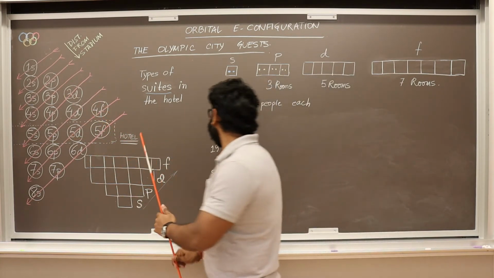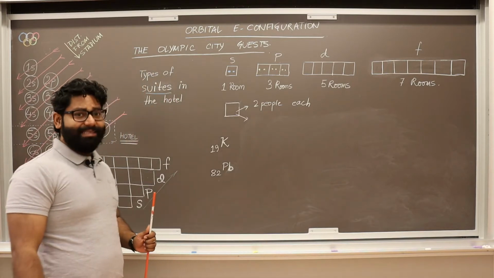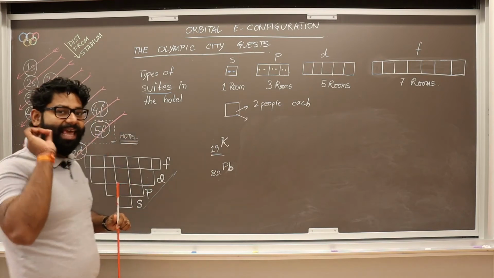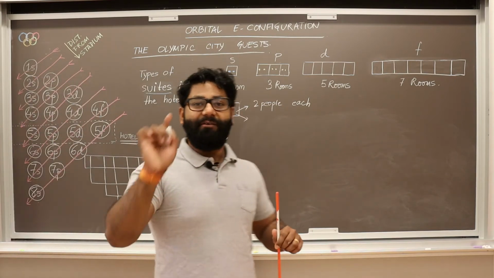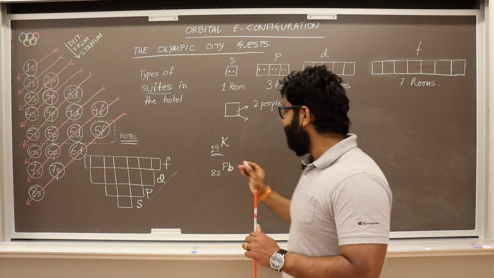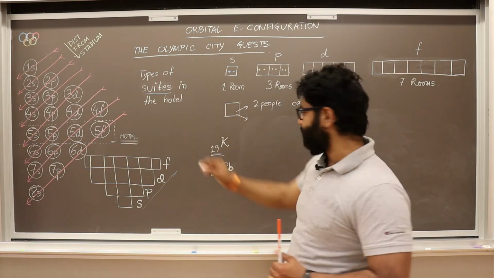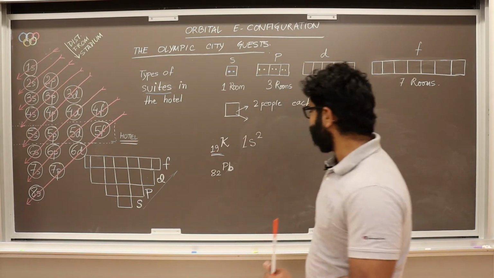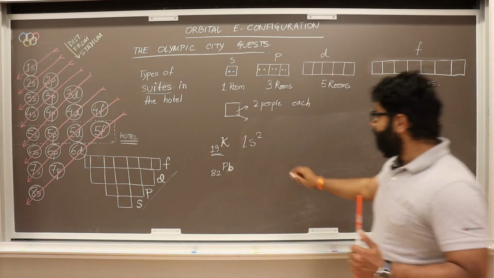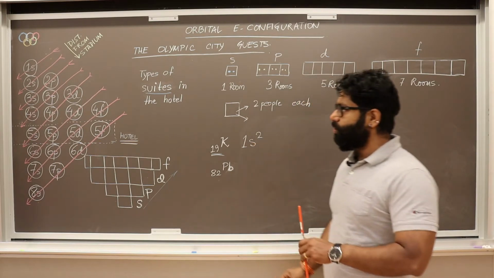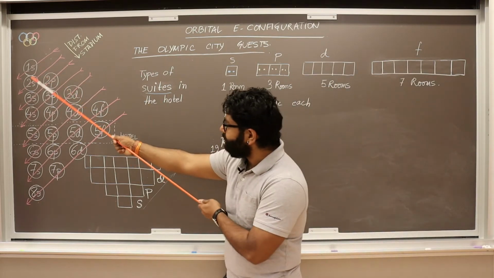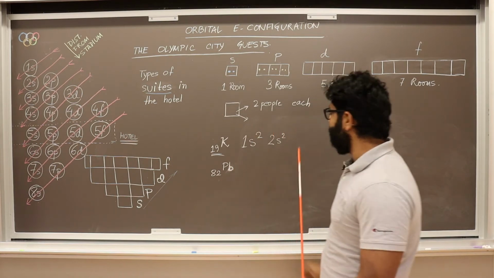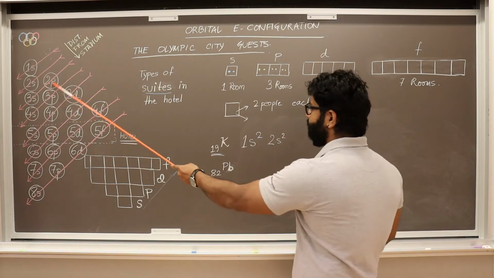Okay, now let's take an example in which there are 19 guests checking in the city. Now, the first 2 guests are going to go to the 1s, right? So I write 1s 2. Okay? Where are the next guests going to go? After 1s, you have 2s. So the next guests go to 2s. The next, to 2p,